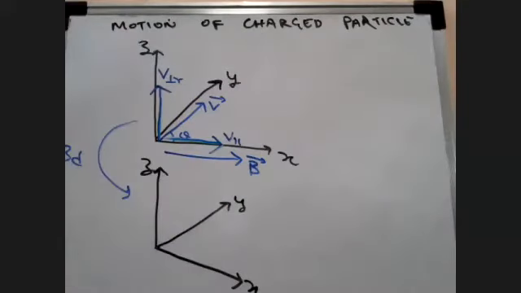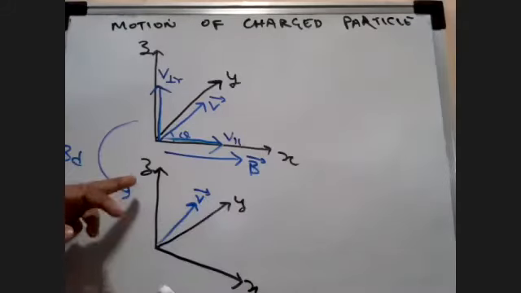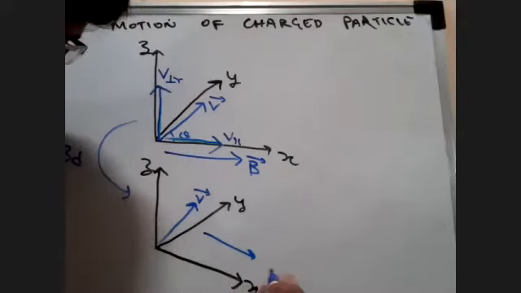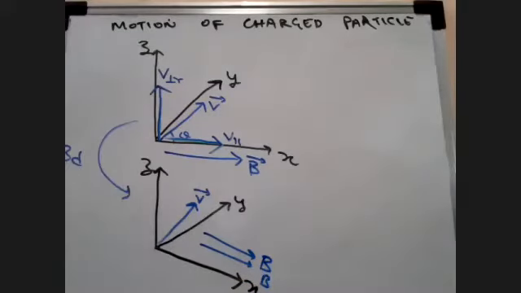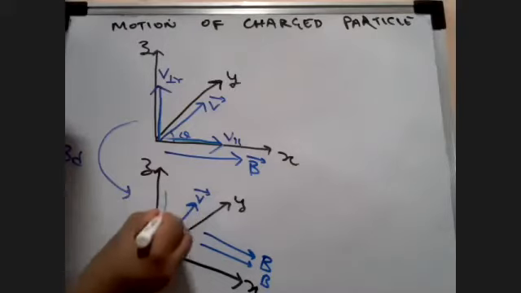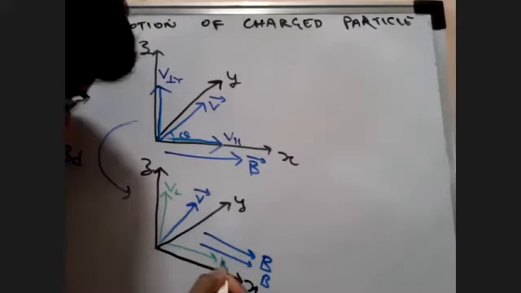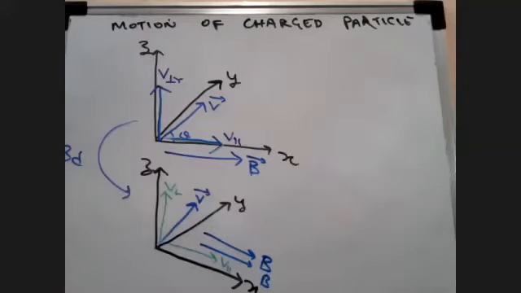So you can imagine that my velocity vector v is like this, and it is in the x and z axis plane. And then I have a magnetic field along the x-axis like this. Then, as I already told you, we are taking the vectors: v perpendicular like this, and v parallel with respect to the magnetic field, v perpendicular with respect to the magnetic field again.